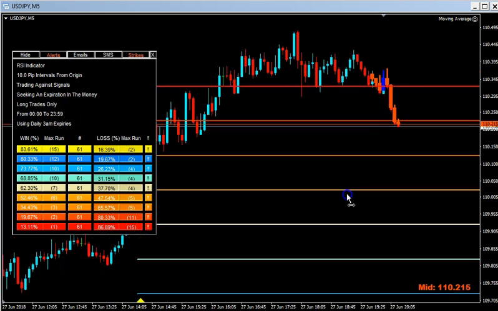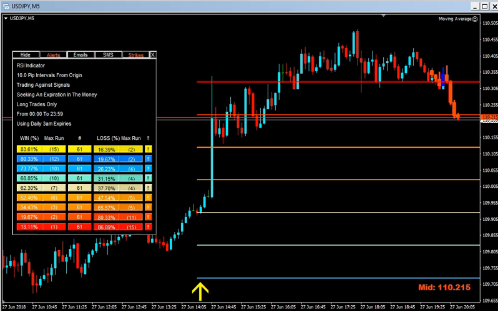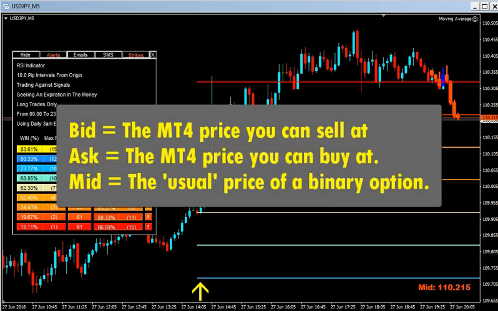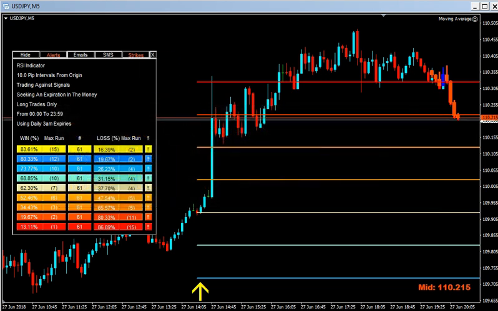Why is that? Well, if you're using MT4, there's a thing called the bid-ask spread. If you will notice this little line right here, this little red line, this is your bid price, right? Excuse me, your mid price. The white line is your bid price, and I'm going to show you the ask now. Now, it's a little bit difficult to see here, but the very top price is the ask, the bottom white line is your bid, and your middle line is the mid price.